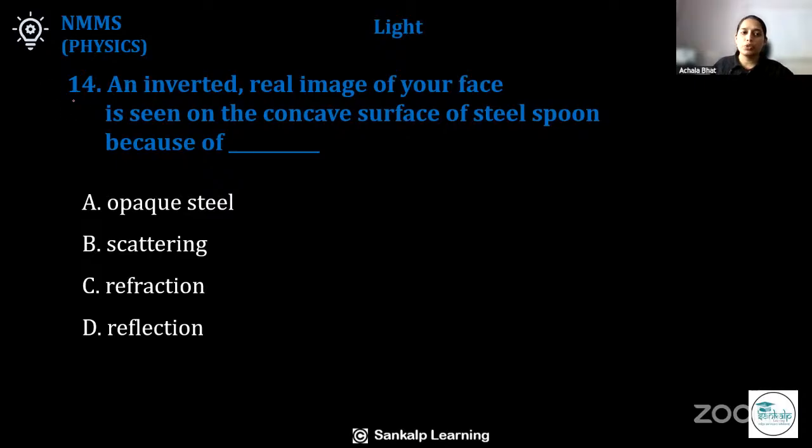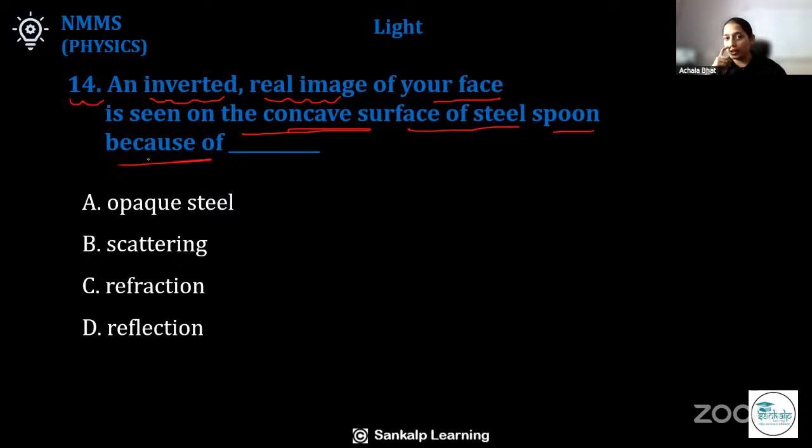Let us see question number 14 of NMMS Physics chapter Light. An inverted real image of your face is seen on the concave surface of steel spoon because of dash. Concave surface of steel spoon means that bending surface, inward surface, that is called concave surface. That concave surface causes inverted real image of your face because of